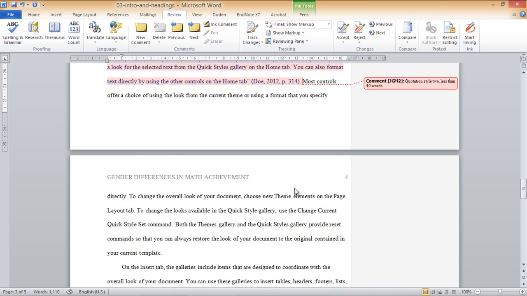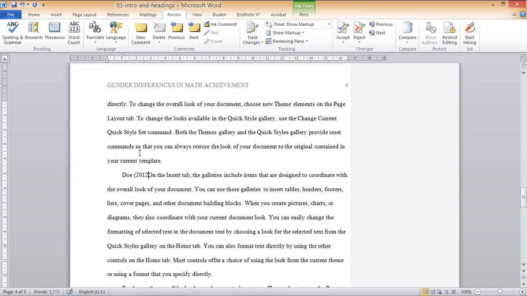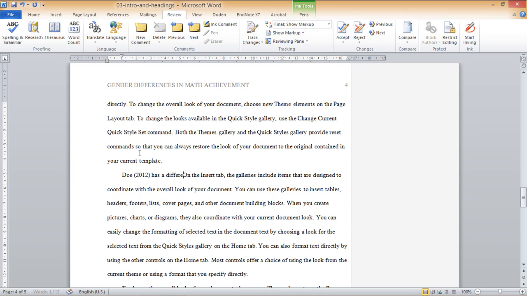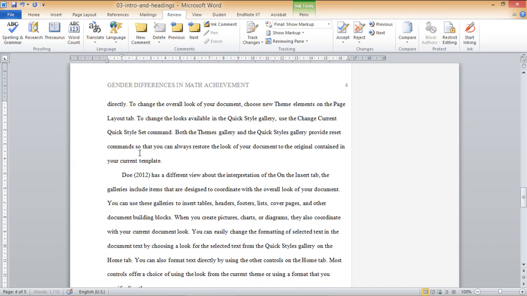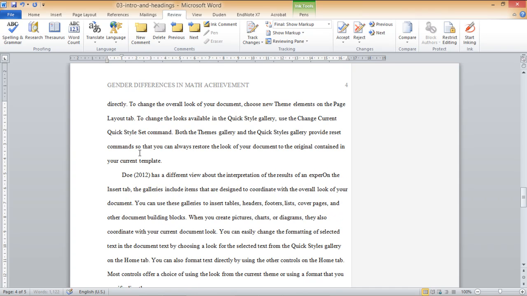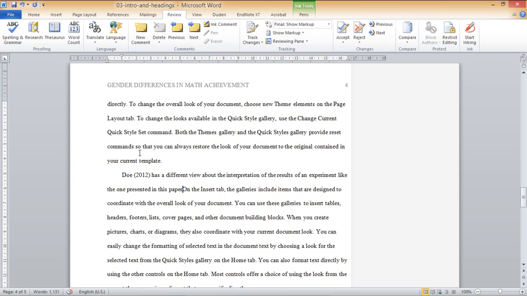For example, let's say we start here, and we can write Doe 2012, close parentheses, has a different view about the interpretation of the results of an experiment like the one presented in this paper.